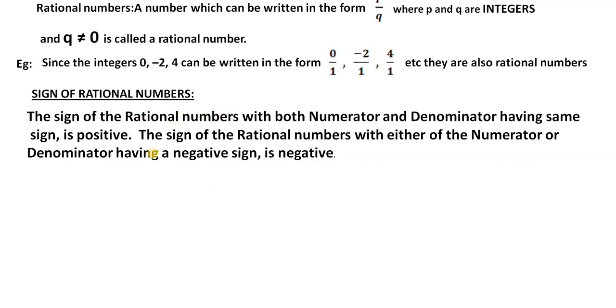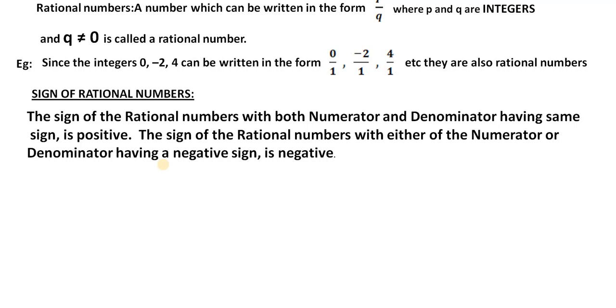a positive rational number. See, when I say 2 by 7, it is a positive rational number. You can't say 2 is a positive rational number, 7 is, it is not two numbers. 2 by 7 is one number. It is a form, a rational form. Similarly, -3 by 5, or -5 by +7. What is the sign of this number? Positive or negative? Don't be confused. It is one number, not two different numbers. -2 by 5 is one number. It is not two numbers, as -2 separately and 5 separately.